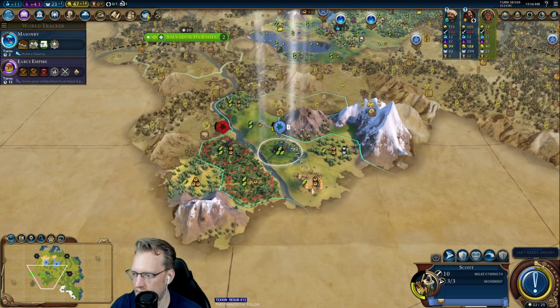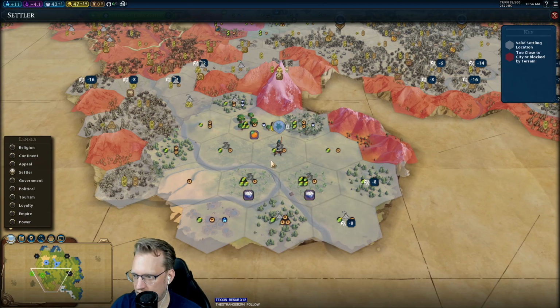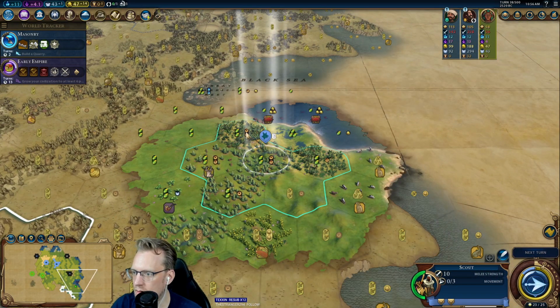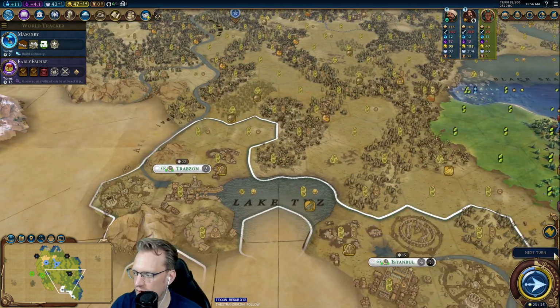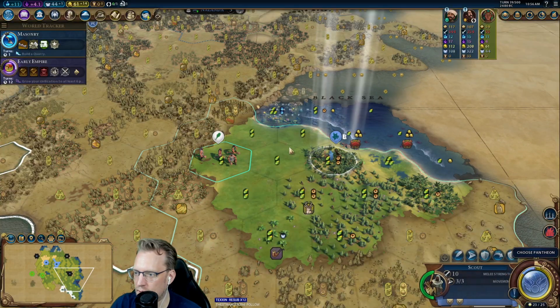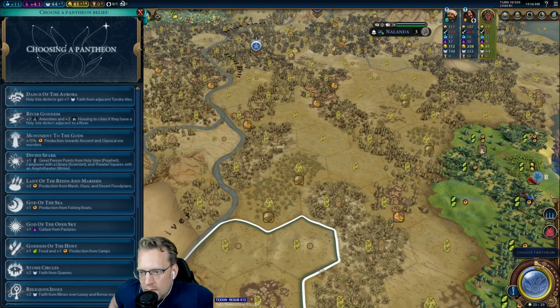Chop the holy site potentially. Now that would have been nice. +6 campus. I'm gonna bring this scout over here to potentially block things. Cannot build on ley lines, but you can settle them. Okay,